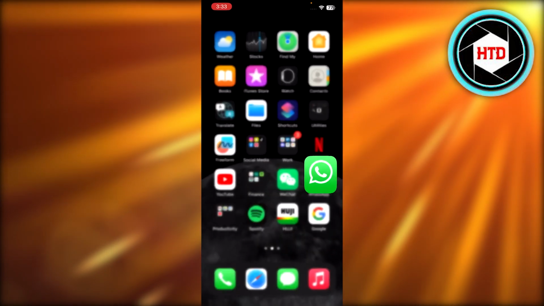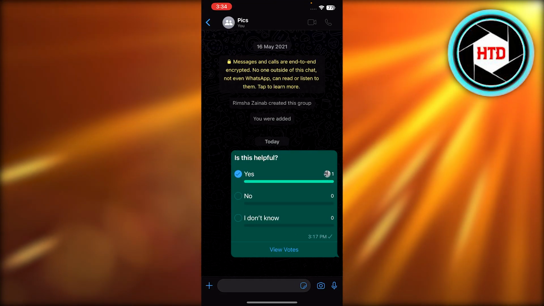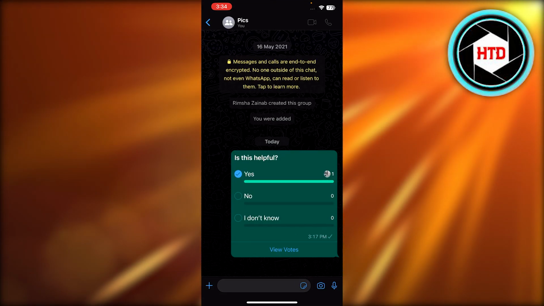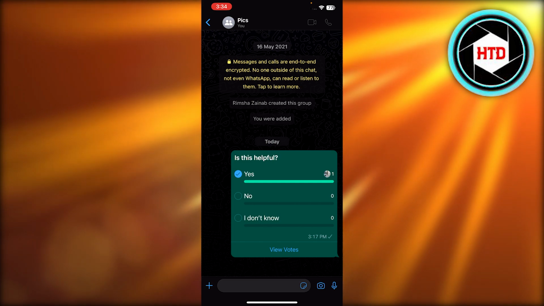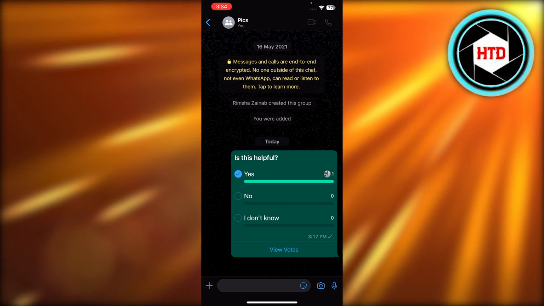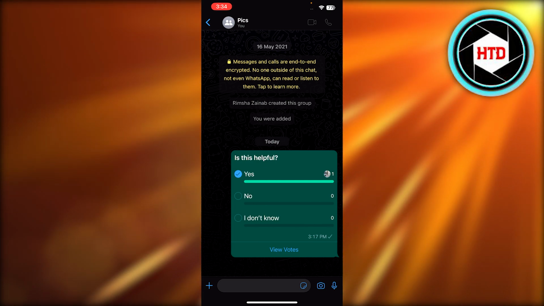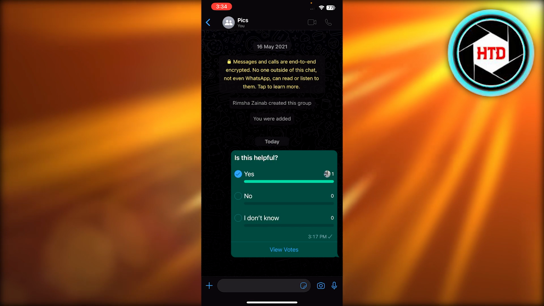So first of all, what you need to do is open up your WhatsApp application, and once you get to your WhatsApp, you need to make sure that you actually have the backup on. But if you didn't have the backup on and now your chats are deleted, here is how you can access them. So the first way to do that is you can open up any of the contacts